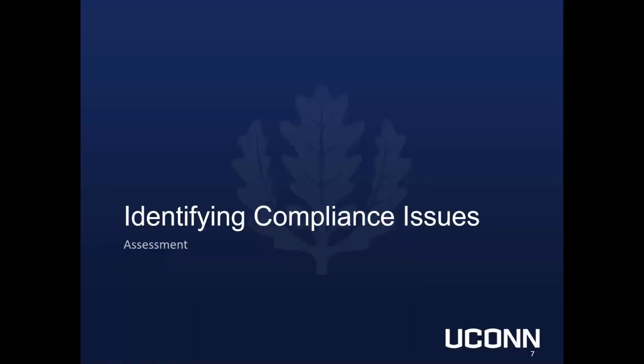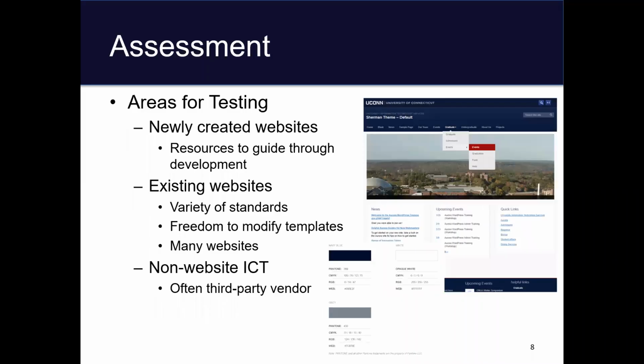So another step towards ICT accessibility is identifying compliance issues. Often, this begins with the assessment of websites and related materials. Assessing newly created websites is perhaps the easier portion of the task because safeguards can be added into the development process. For example, at UConn, we have a request form that must be completed for a site to become live, and the form specifically asks about accessibility, reminding developers to review the ICT accessibility policy and to measure the new